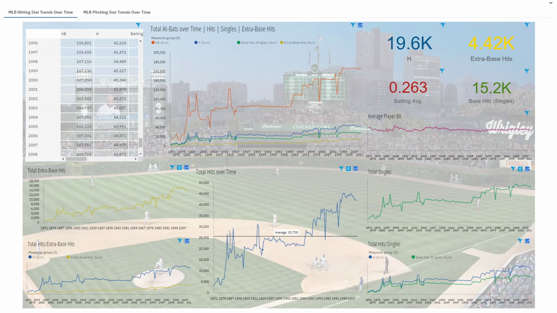So let's get started here. I decided to make this, by the way, in IBM Cognos Analytics, version 11.1. I decided to start with the hitting stat trends over time. On the big one right here, we have the big line plot. And keep in mind,